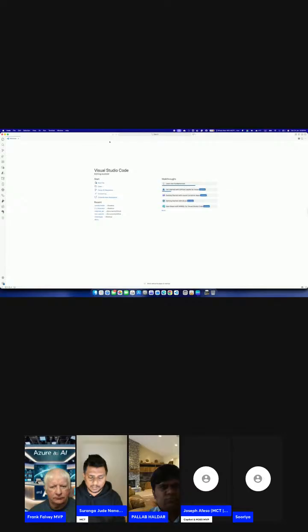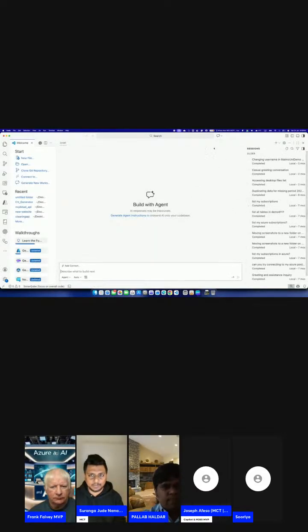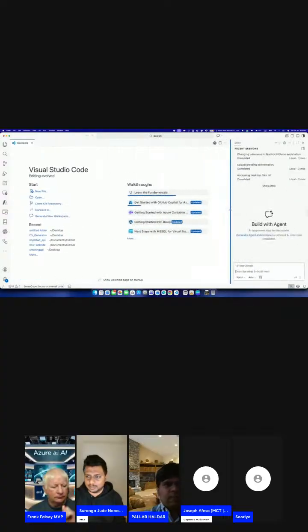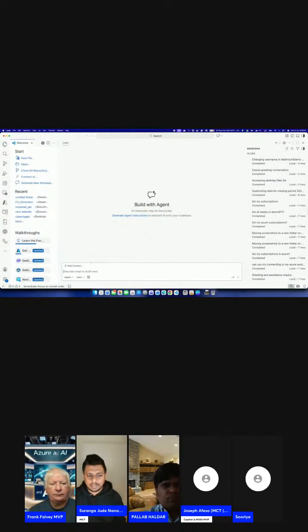So in here, if I make this large so you all can see it properly. All right, so in here you can see that GitHub Copilot is here. If we click on that, a small window like this would pop up where you can chat. It should be something like this. Maybe you can turn it like this one. And then